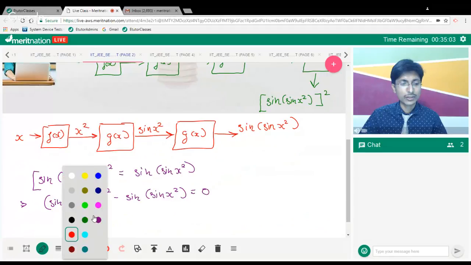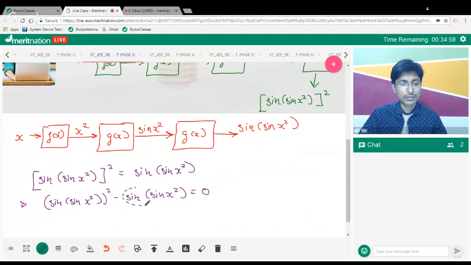and try to take it out as common. Okay, if I assume this entire thing as one term and take it out common, because I'm having its power 2 in the first term. So I'll simply take this as common. So I'll be getting sine of sine x square, then again in the bracket at this power 2, so one power will be left out in the bracket. So I'll be having sine of sine x square minus 1